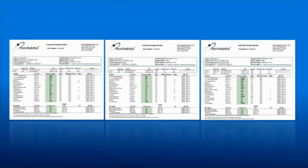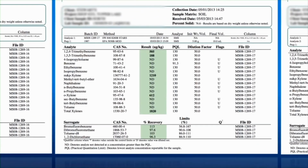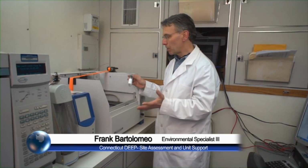What you get back from the lab is a set of results in terms of concentrations of those petroleum compounds within the soil or water sample. And what those levels do is quantitatively define the amount of contamination that's left behind. You can then compare those to standards to help you decide whether your actions are complete or whether more work needs to be done. So when we receive a sample here in the mobile lab, we take the sample and